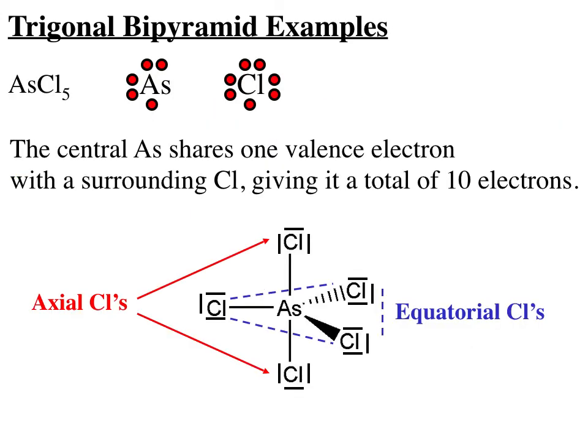Let's look at a couple of examples. Let's begin with AsCl5, which of course I would name as arsenic pentachloride. The arsenic is in the center, bonded to 5 chlorines outward. The chlorines all need a single electron because they have 7 in their valence level. So they will single bond to the arsenic. Notice conveniently the arsenic has 5 electrons itself, so it will share 1 outward to each chlorine. The chlorine will share 1 inward to the arsenic, so it will form 5 single bonds to the arsenic in